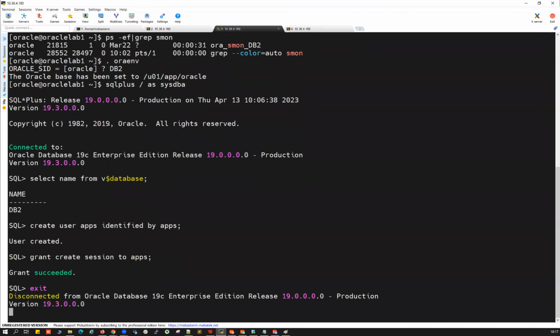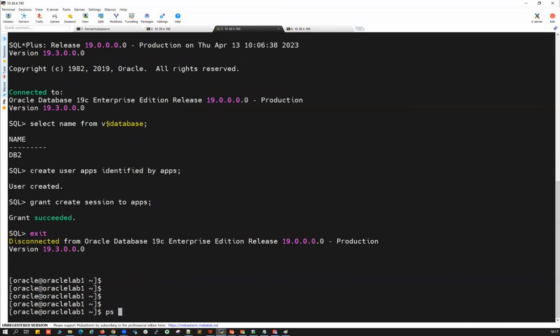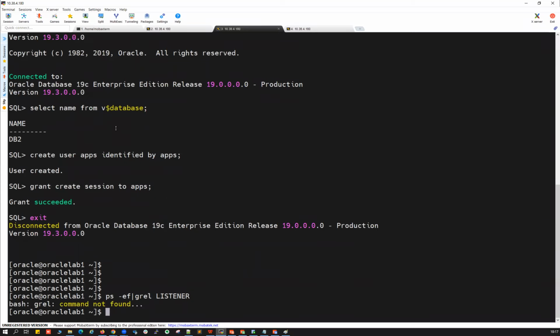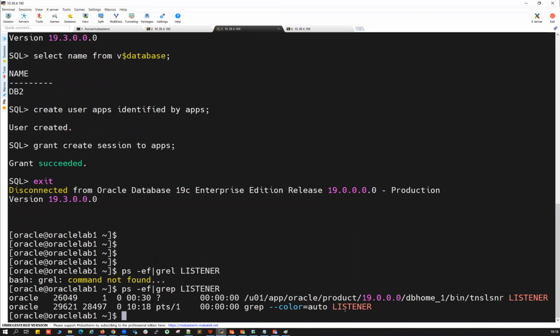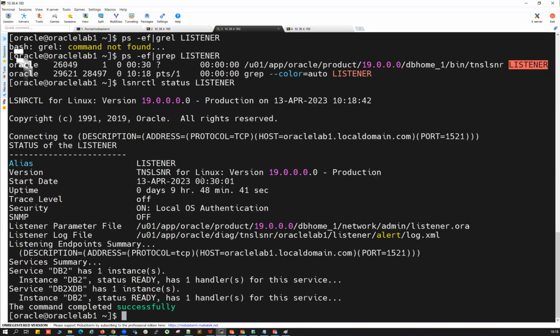If I do ps -ef | grep listener, you can see the listener is up and running. As I said, on the server side, that service will be up and running. So lsnrctl status listener. So your listener is up and running.